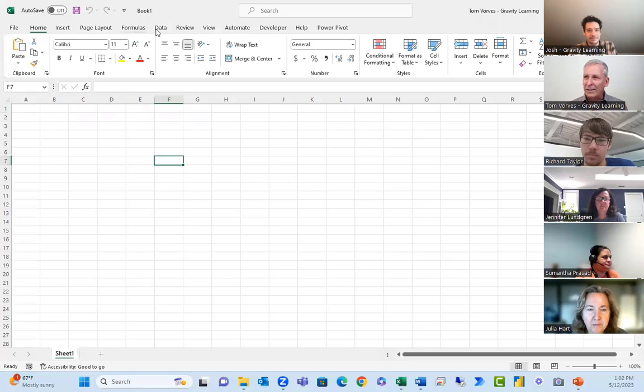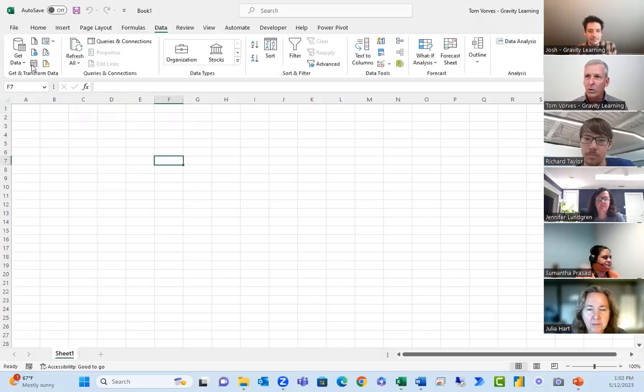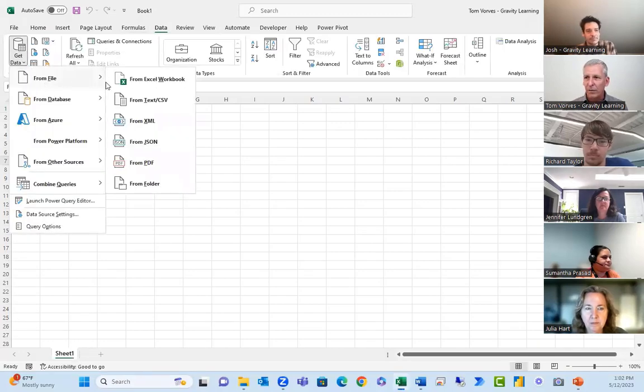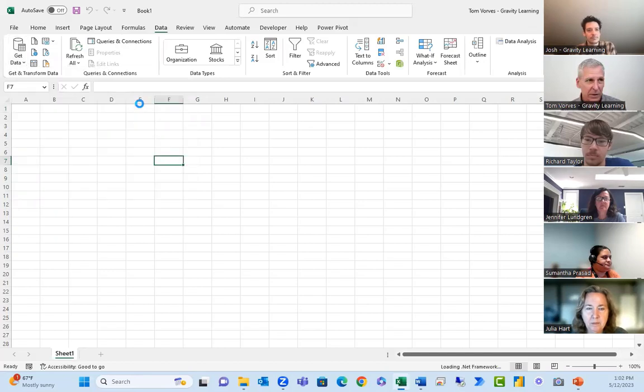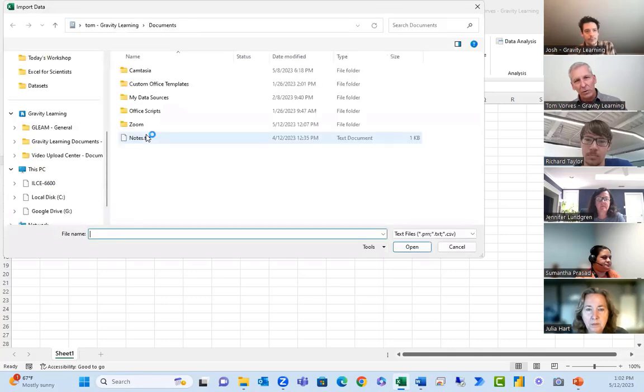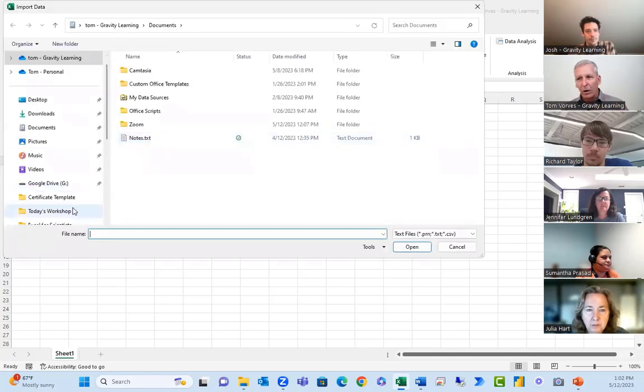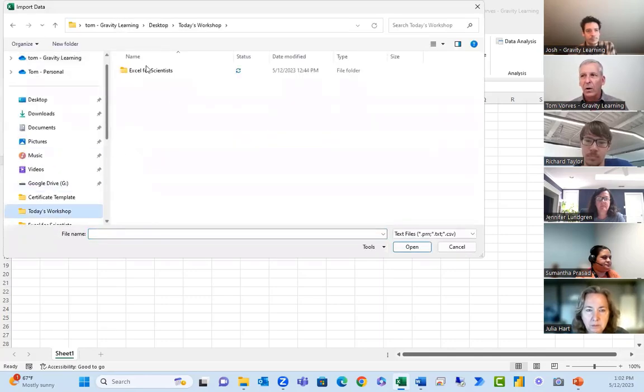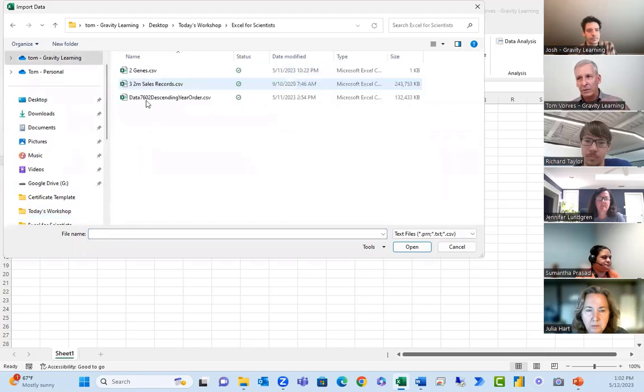I'm going to go to my data menu on this blank sheet, choose get data from a file, a CSV file specifically. And now I'm going to bring in, and you're going to have to be a little patient on this one, because I'm going to be bringing in 2 million records. And once I bring in 2 million records, you're going to be wondering, Tom, where do these records reside? Well, while I'm doing it, because it's going to take some time,